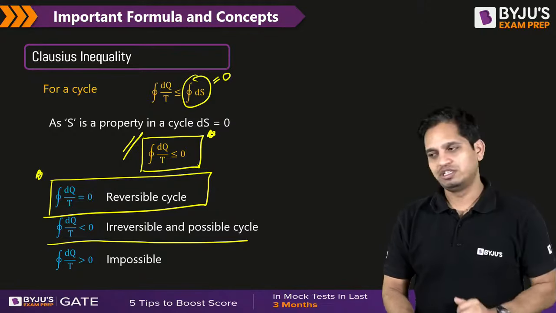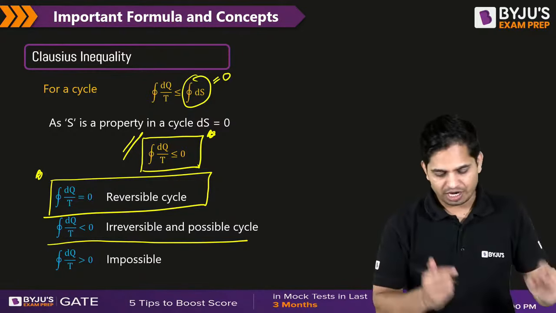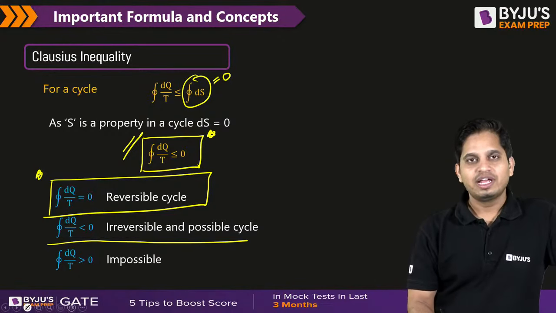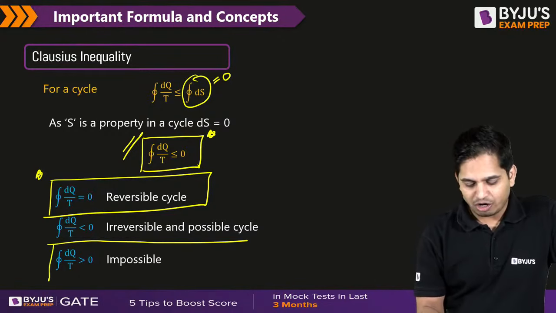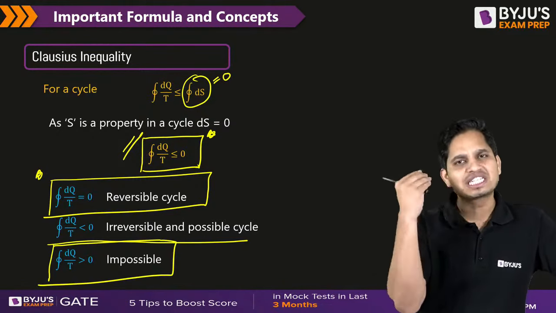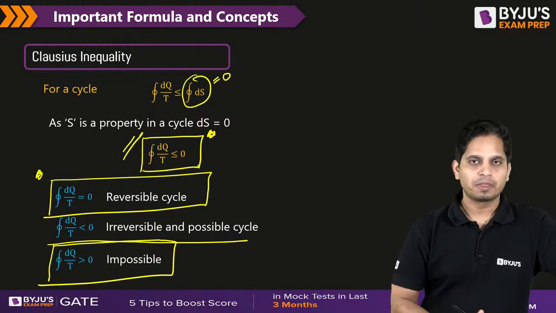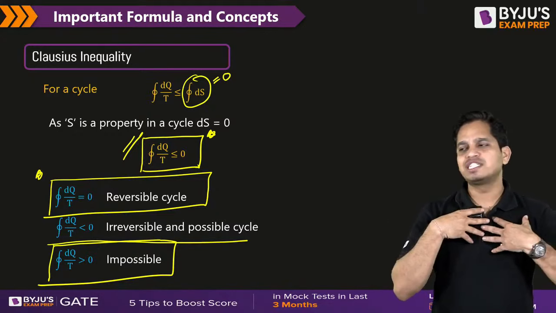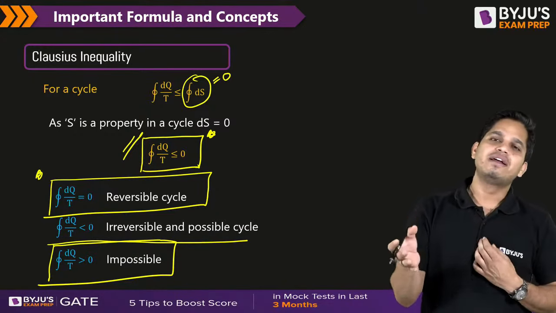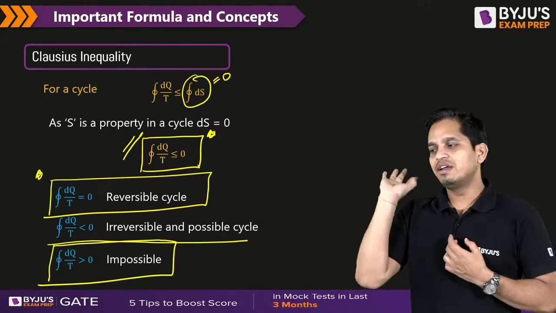There is no use in putting money in that device. If the cyclic integral of dq by t is greater than 0, then there is no point in even discussing your device. That device is impossible. If I say I have a heat engine taking this much heat at this temperature, and